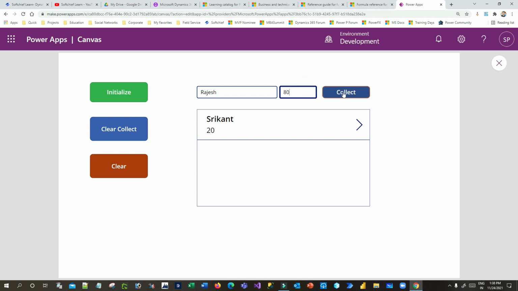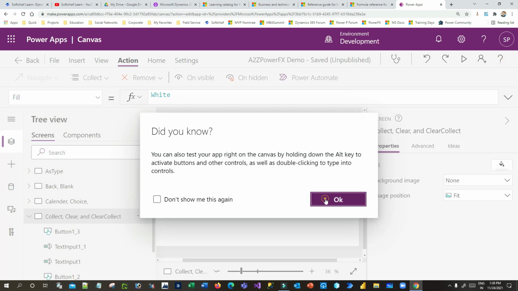Now if I click on collect, it will add here, but if I click on clear collect, it will delete the existing one and add the new value from these text boxes. Click on clear collect, you can see here, right? Now if you use collect, it will keep adding new values with the existing values, right? Now if you just click on clear, it will nullify or clear the existing collection data items.